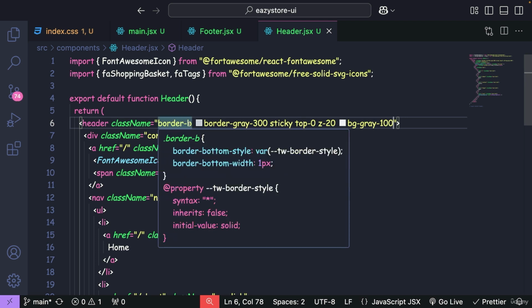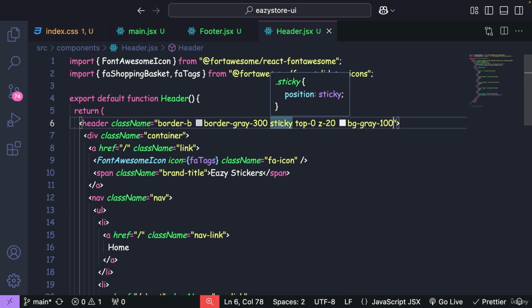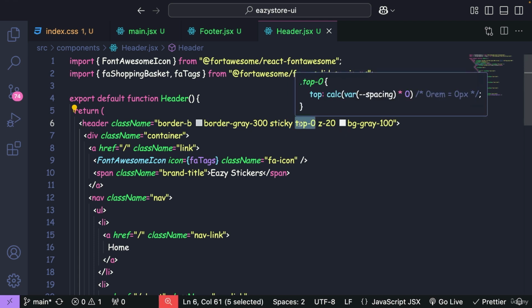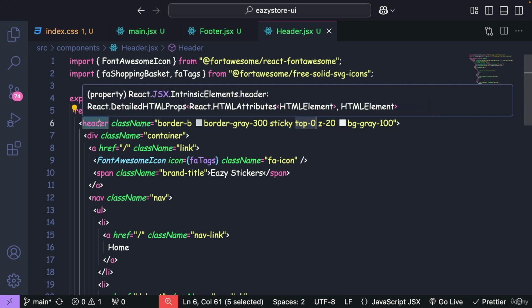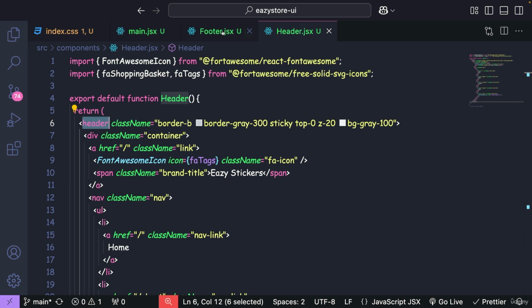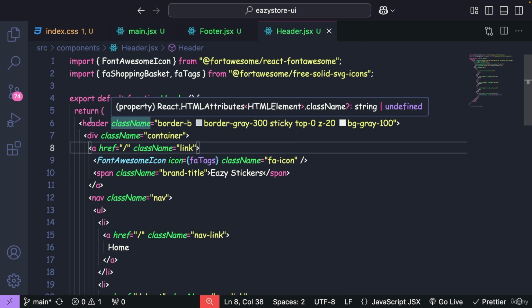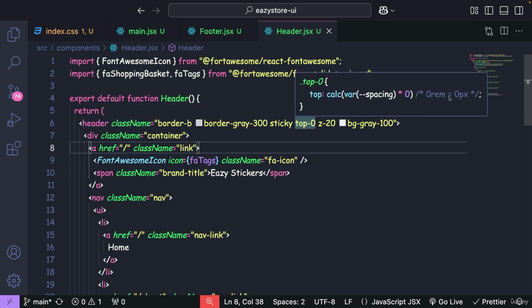First, in the place of this header class, I'm going to use border-b, which means I'm trying to have a border at the bottom of the header only. And the border is going to be in a gray 300 color, and with the sticky, I'm trying to set the position as sticky, followed by top 0. With the help of this top 0, we're trying to set this entire header element at the very first top pixel. We know this header is going to be used inside the app component, followed by we're trying to use top-0, which is going to set this header element at the top position because we have mentioned the 0, which means 0px. And z-20 will assign a z index value of 20 to this header,